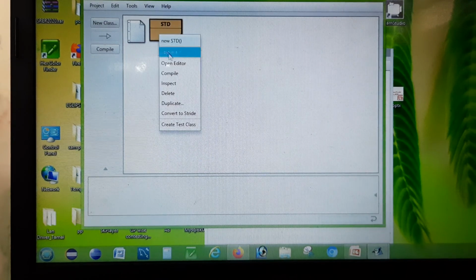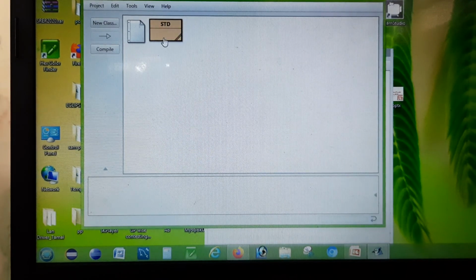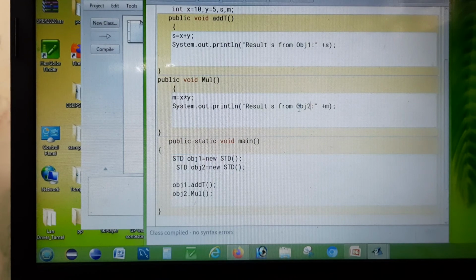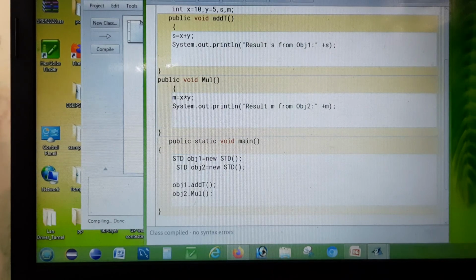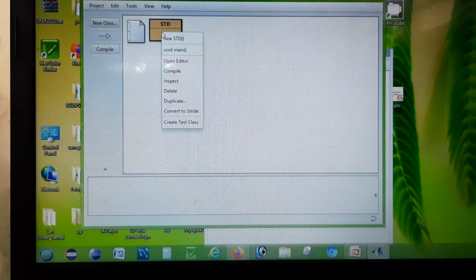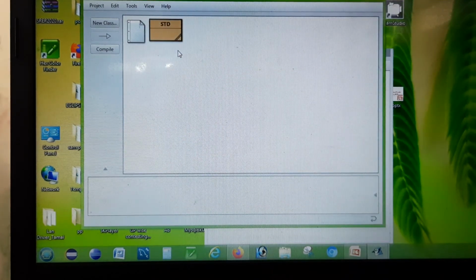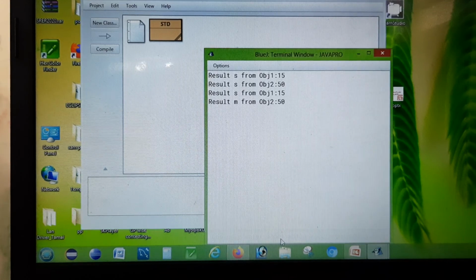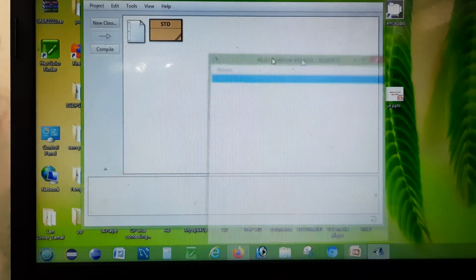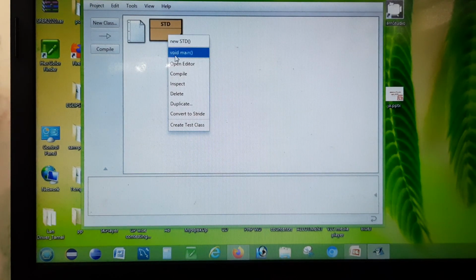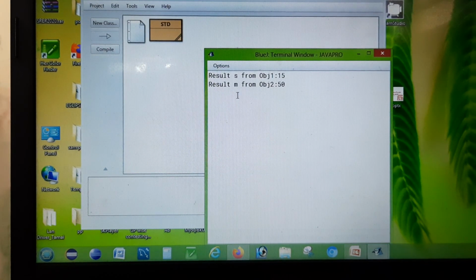We open the program again, and this is for m. Compile again, and let's find the output. Clear, cut down. This is the